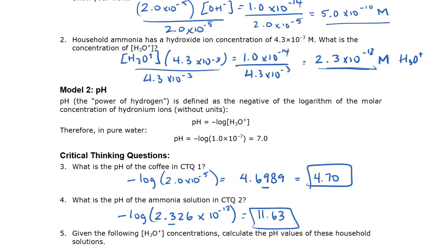If you have a calculator that is not algebraic like this Casio, then the way that you're doing that is you're typing in the 2.326 times 10 to the minus 12, and then you press the log button. And that's how those calculators work. You should make sure, again, that you can get these answers on the calculator that you will be using on the quiz, not your cell phone.